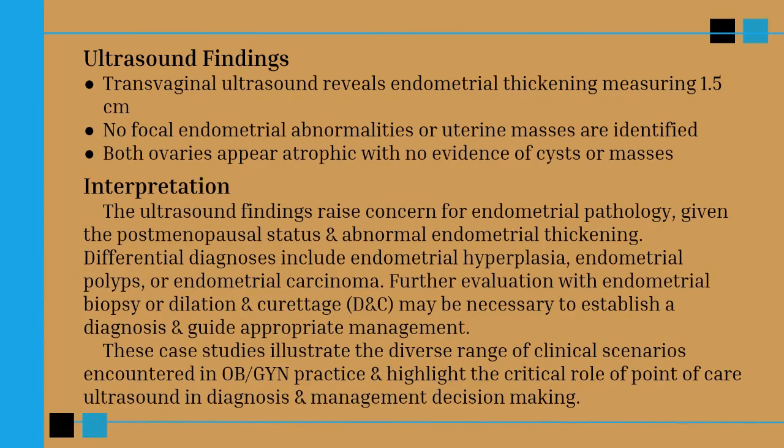The transvaginal ultrasound reveals endometrial thickness measuring 1.5 centimeters. There are no focal endometrial abnormalities or uterine masses identified. Both ovaries appear atrophic, with no evidence of cyst or masses. No gross anomalies noted. The ultrasound findings raise concern for endometrial pathology given the postmenopausal status and the abnormal